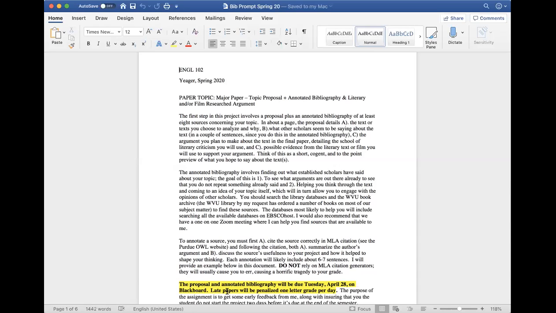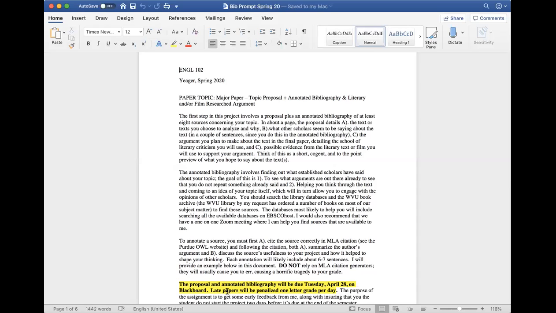You'll gradually work towards that specific thesis about what it is. The bibliography is mostly geared towards showing you what's out there, what people have talked about.